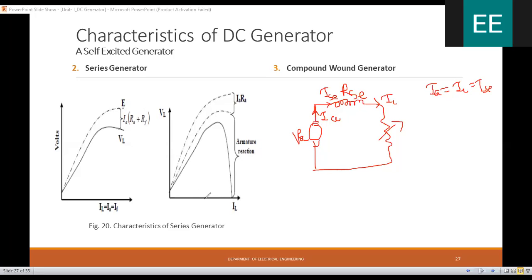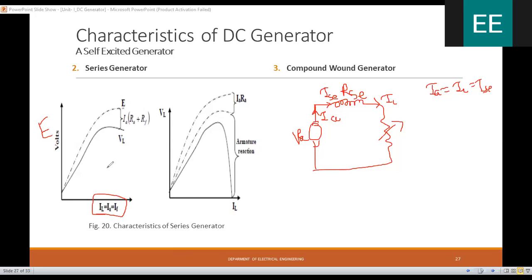Now the second characteristic is the internal characteristics. The internal characteristics are plotted between the induced EMF at no load condition and the armature current IA. So here the armature current IA is equal to load current IL is equal to IF. तिन्ही करंट काय आहेत, सेम आहेत. Here we are plotting the induced EMF E at some load condition. Open circuit मध्ये आपण no load ला रन केले, so here it is somewhat due to the load condition.